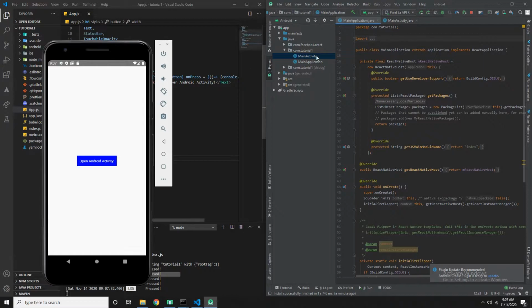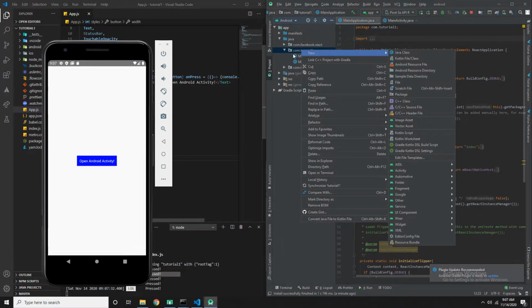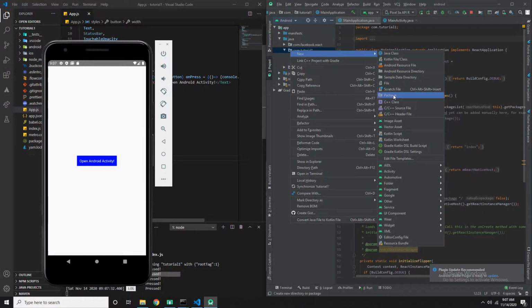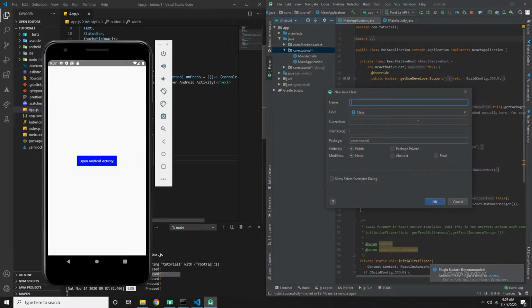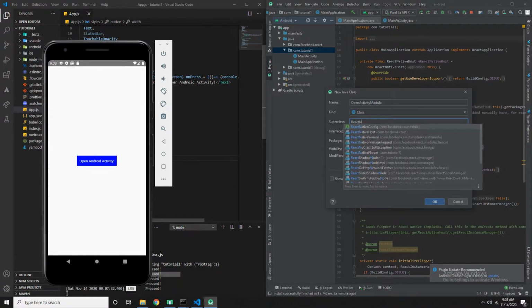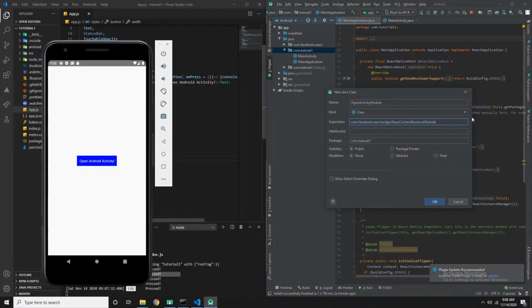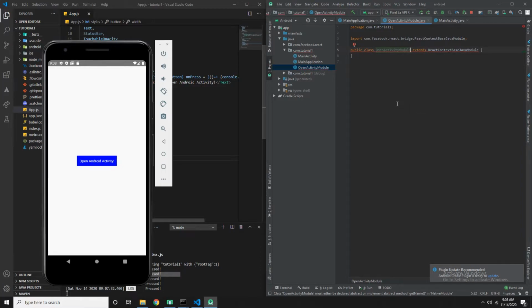To do that, we right click on the directory and go to new, and we create a Java class, and there we call it whatever you want, but I will call it OpenActivityModule. Yeah, and we are going to extend it with the superclass ReactContextBaseJavaModule. Yeah, okay, then press OK, then it'll open up a Java class, and then you have to create the